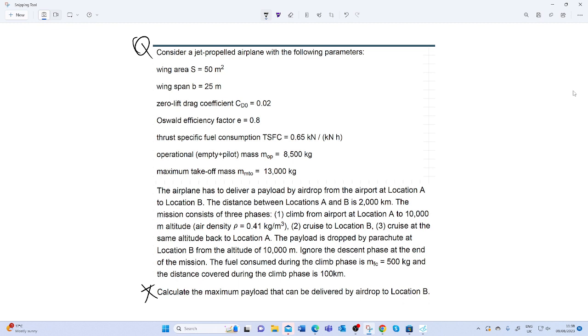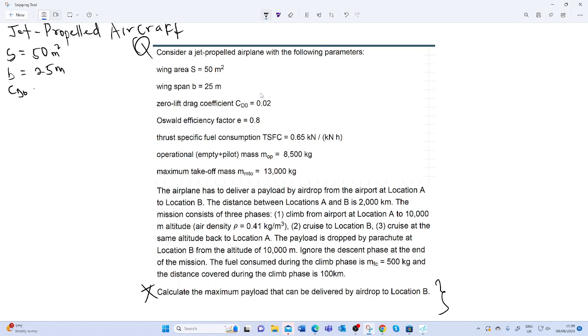Once again, calculate the maximum payload that can be delivered by airdrop to location B. Now, first of all, let's draw out all the parameters for the jet-propelled aircraft. Today we have a jet aircraft with a wing area of 50 m², the span of the wing 25 meters,